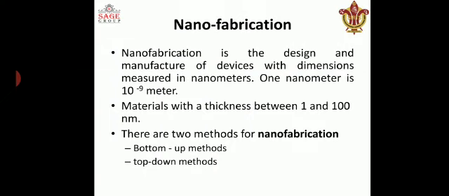Many different methods are used to fabricate different nanomaterials, that means material with a thickness between 1 to 100 nanometers. Because nanometers are a diverse range of material, there are specific methods used to create these materials. So nanofabrication is the manufacturing of material with nano dimensions. Nanofabrication helps with the processing of material on a large scale.